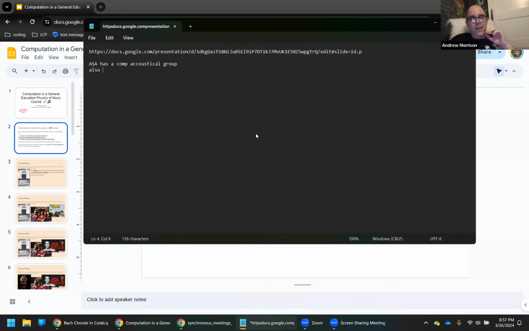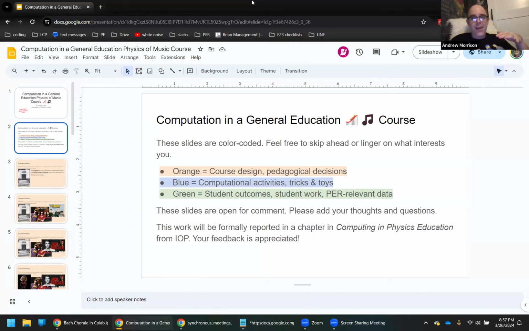And I really think there's a need for the overlap of education and acoustics and computational acoustics and physics of music, all blended together. So I'd love for some cross-pollination of PICUP and the Acoustical Society to benefit from each other, basically. If you're interested in that, let's talk later maybe.